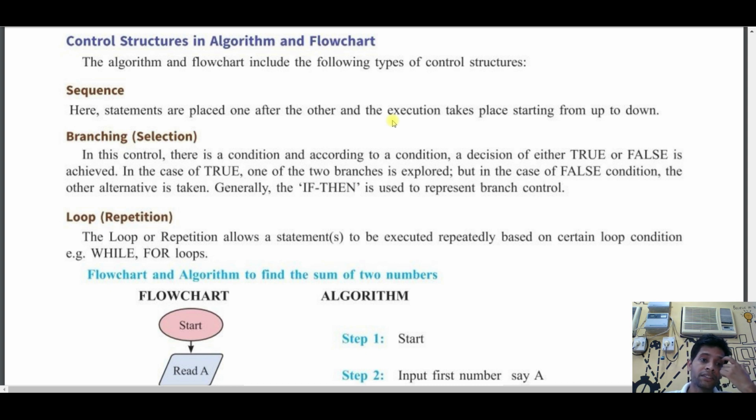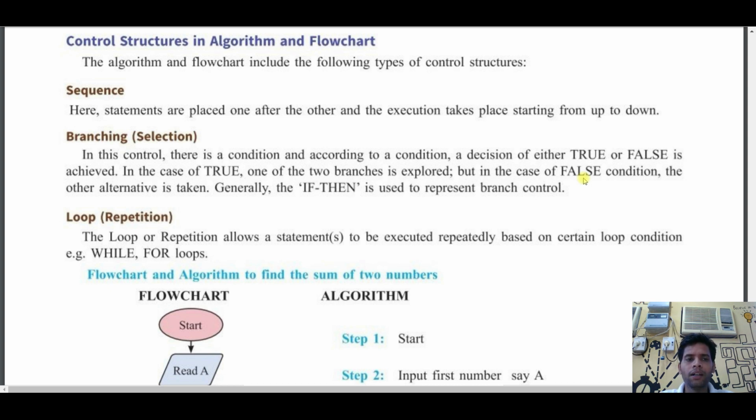Then branching. In this control there is a condition, and according to the condition a decision of either true or false is achieved. In the case of true, one of the two branches is executed, but in the case of false, the other alternative is taken.